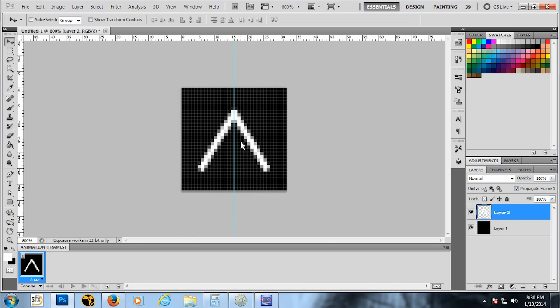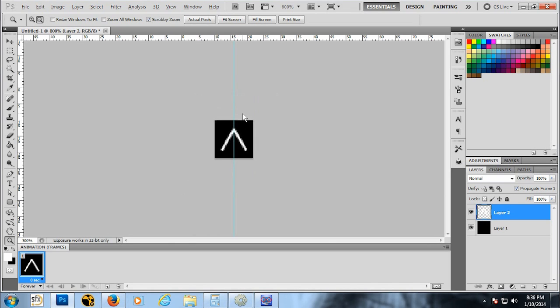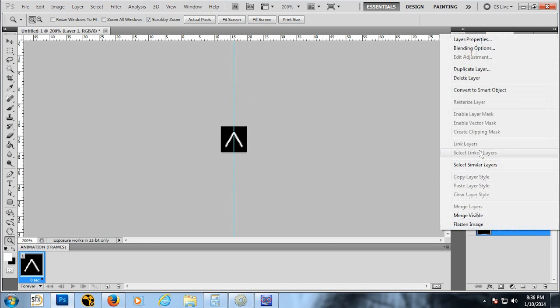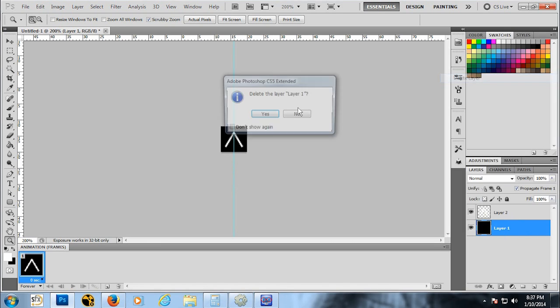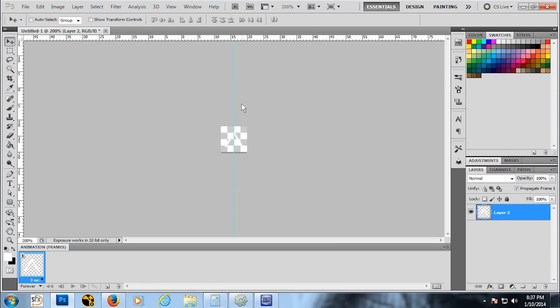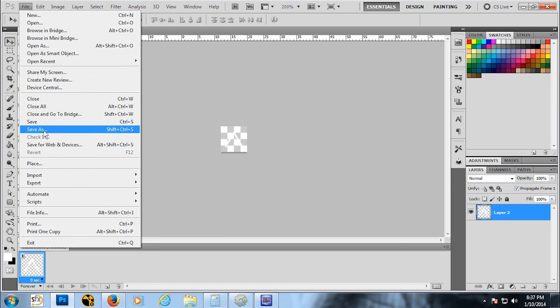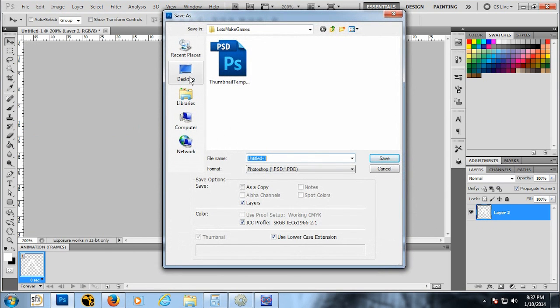I'm happy with that. So we'll zoom out here. And that's going to be our little arrow that's going to be flying around and shooting stuff. We can delete the black background there. And so now we just have this white arrow on a transparent background, which is exactly what we want. We're going to go to File, Save As. We're going to go to Desktop,